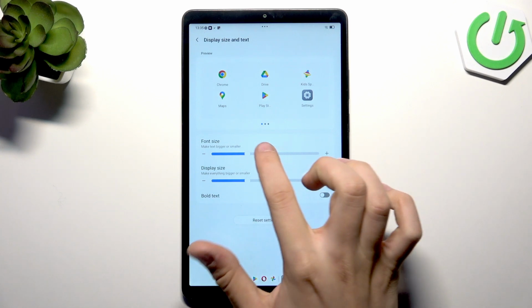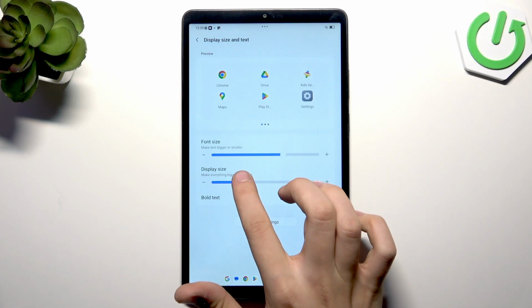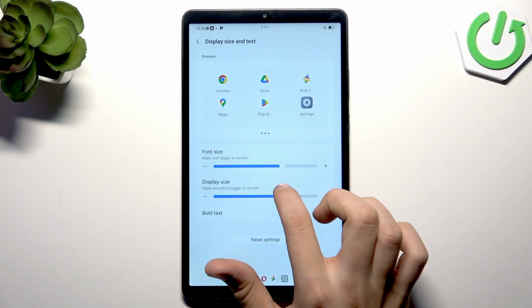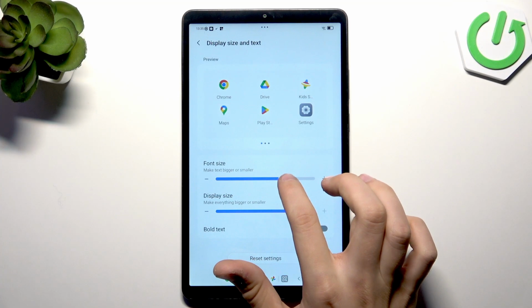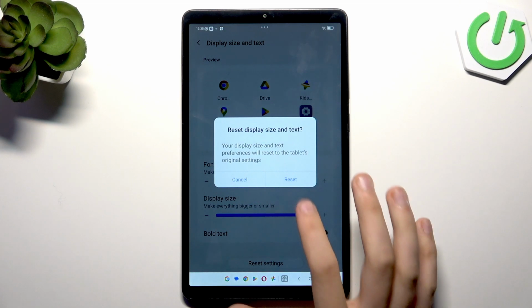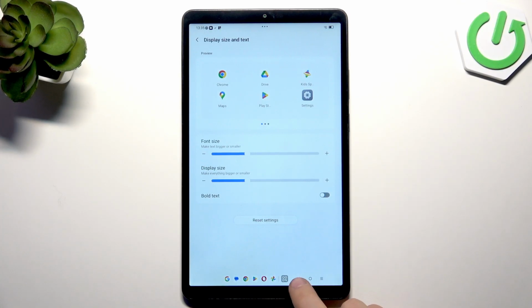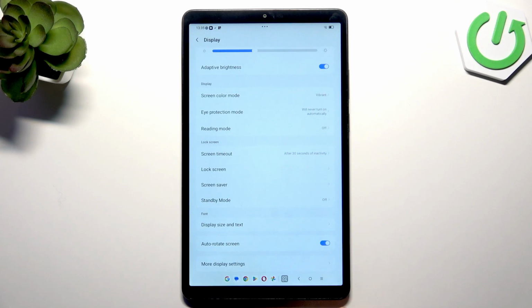Here, as you can see, you can increase the font size, and here you can increase the display size. But this is actually not the effect that you wanted earlier. So here we can tap reset settings and reset. But if you want, you can modify it, and this should satisfy you actually. But we can go back and go back again